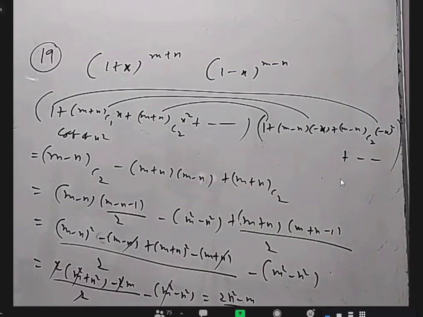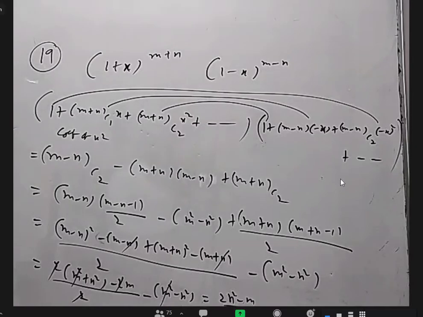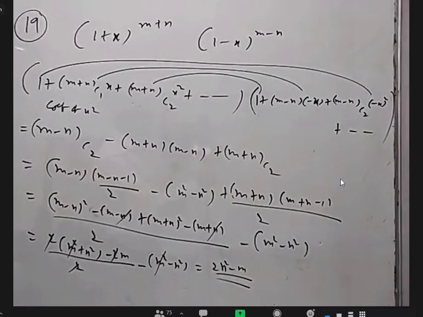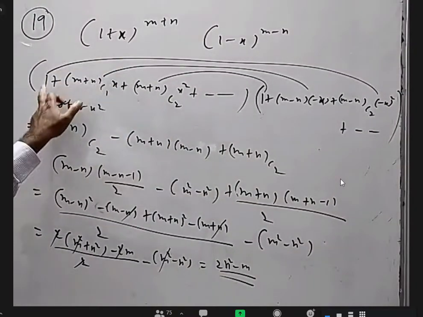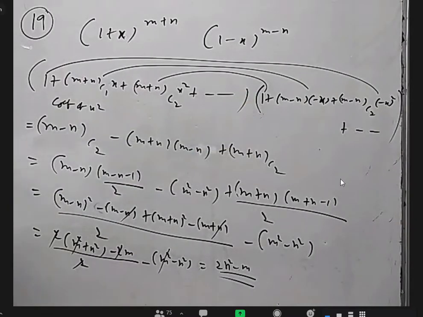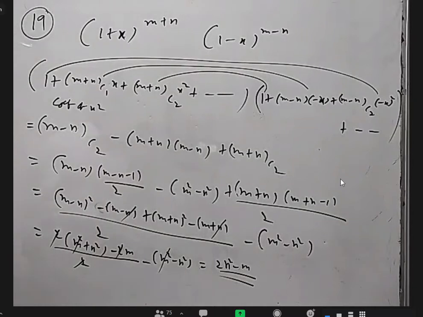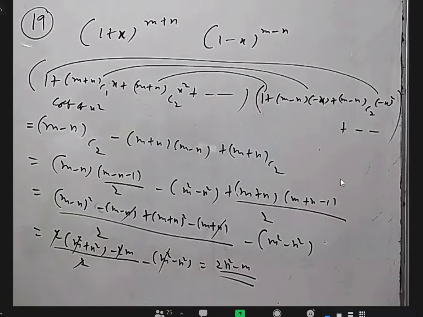So when you multiply two binomials also, we can find it by multiplying the corresponding terms, and you can get x square or x or anything. If you want the constant, there is only one way: this constant into this constant. If you want the x term, two ways: this into the x term there, the x term here into the constant there. If you want x square, this into the x square term here, this into the x term here, the x square term into the constant term here. There are three ways.